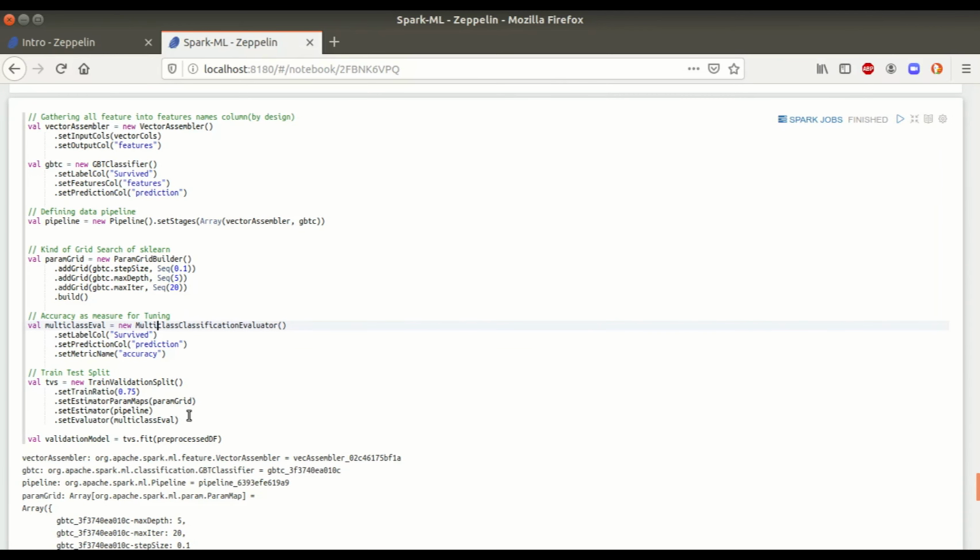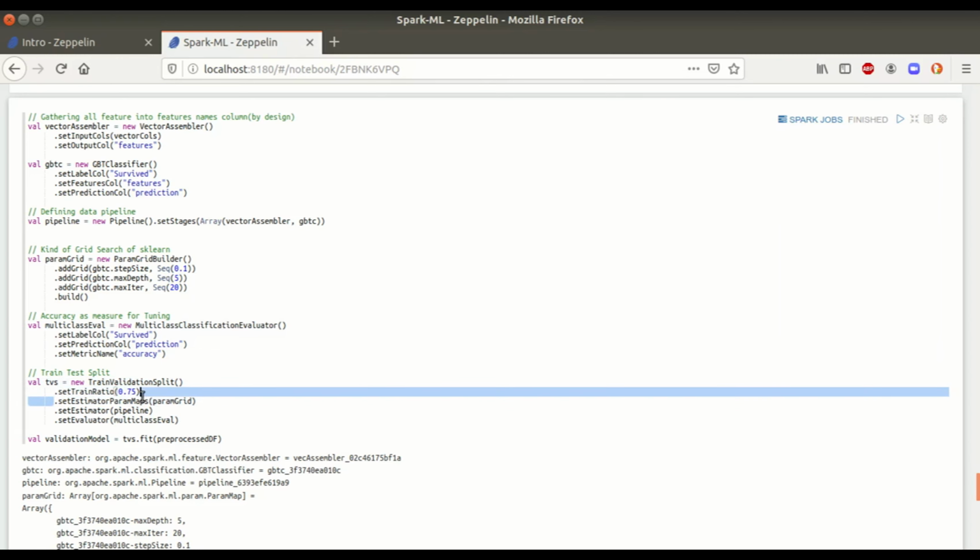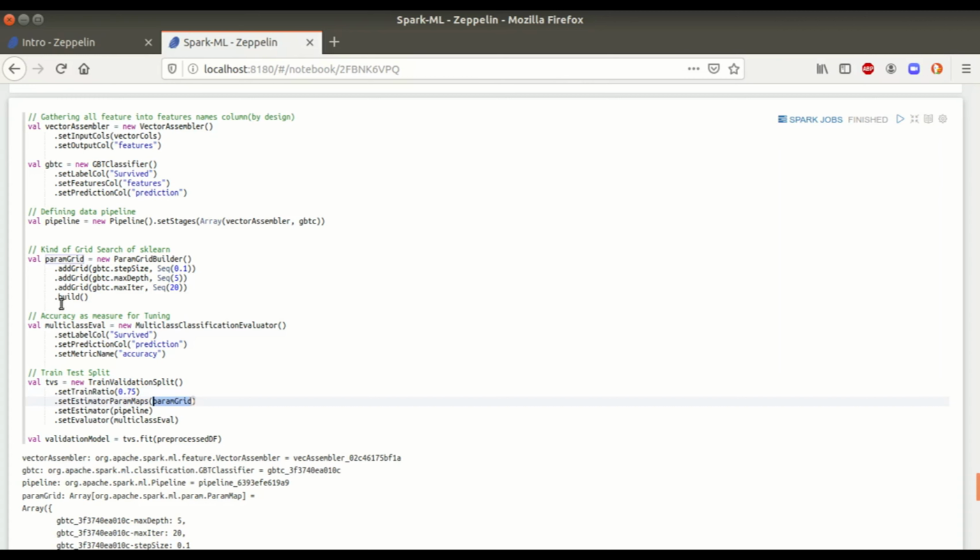Now in sklearn, normally the first step before applying any machine learning model is to do a train test split. What Spark has provided is a class called TrainValidationSplit, where we specify a ratio like the sklearn train test split, and in this we are passing the param grid, the hyperparameter tuning which we want to apply on the model. Basically here I am passing the pipeline object and the evaluator we want to apply it for, and then I am executing the fit function. This will take care of all the things which we apply separately in sklearn.